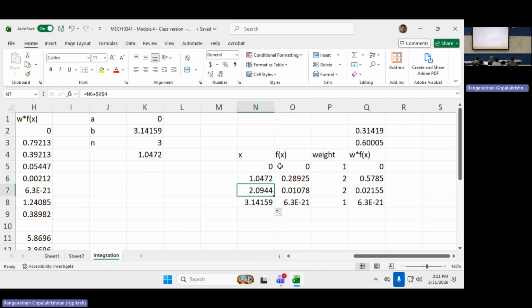All right, this is with three segments. I'm sorry, the actual value is 0.31441. So I'm going to make a note of that saying